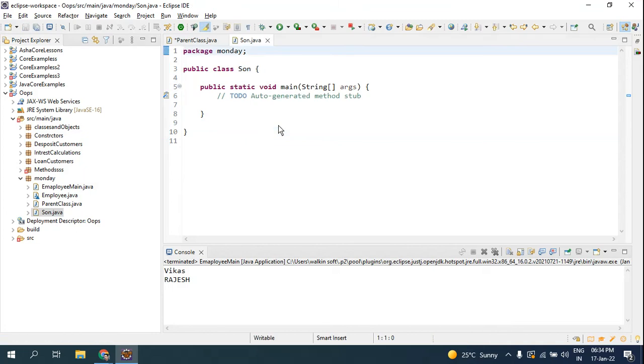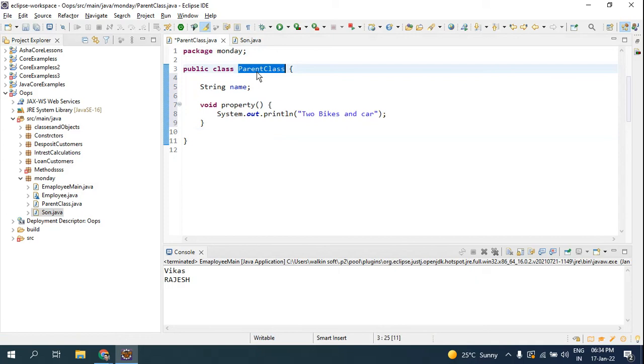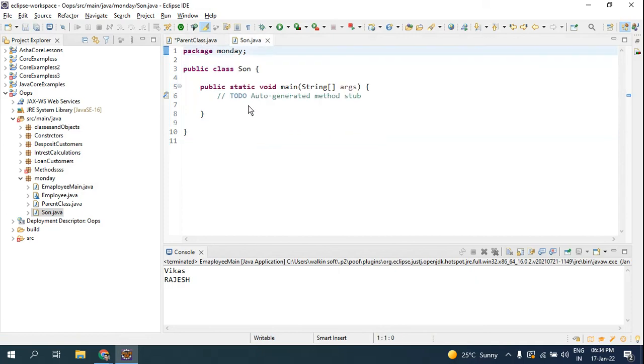So this is my son class, and here, as the class is public, I am going to create a parent class object.